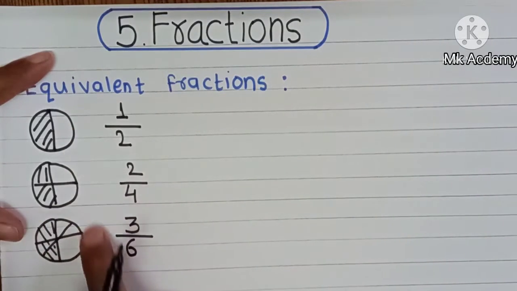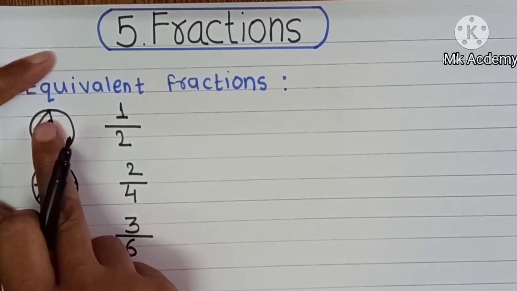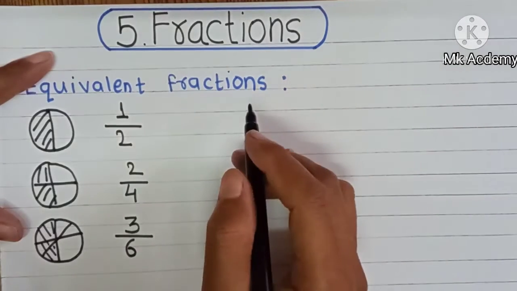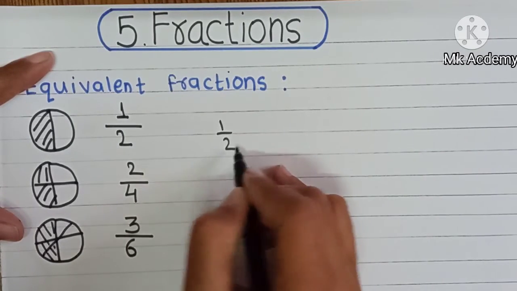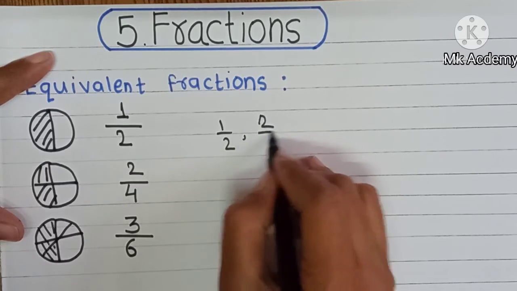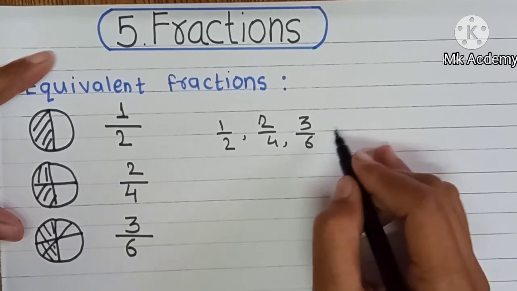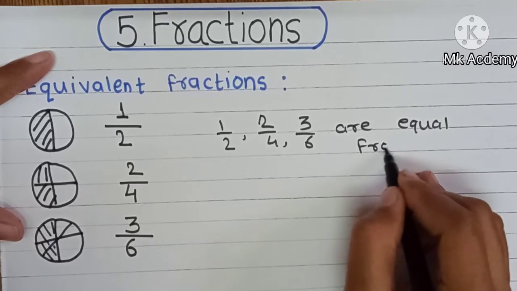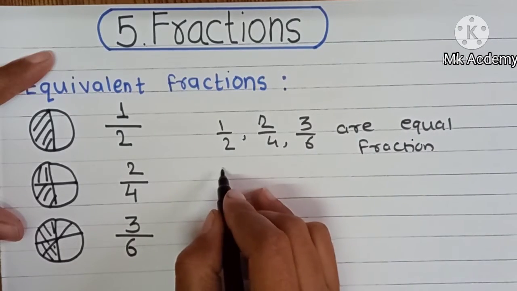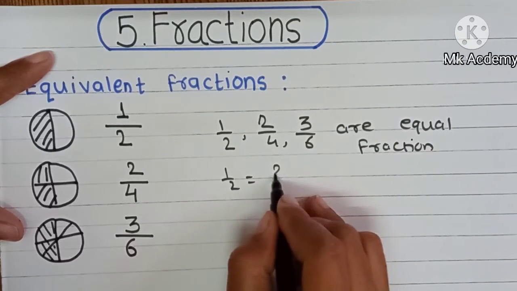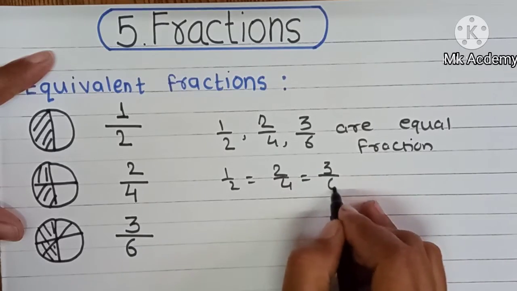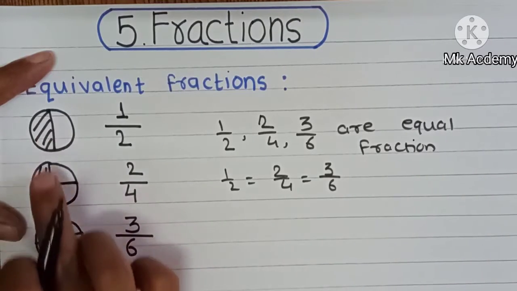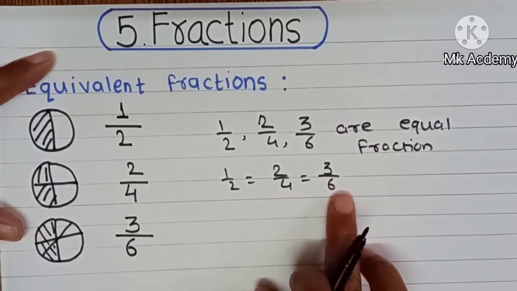But we can see in the picture this half part is colored in all the fractions. Means 1/2, 2/4 and 3/6 are equal fractions. Means the value of these fractions is equal. Understood? Now see, in all the fractions only the half part is colored, means the value of these fractions is